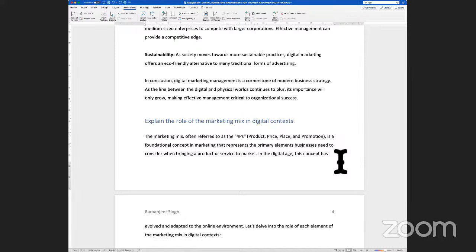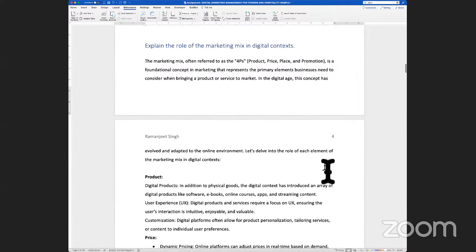Now, marketing mix is required by any business when they start to look at producing a product or coming up with a concept or idea. They have to look at these 4 parameters: what the product would be, what it will be doing in terms of providing usages, what features it will have, and how that would be useful to customers, where it would be sold, and what it would be priced at with regards to the market and obviously competition. So here, what you will need to do is describe the role of marketing mix.